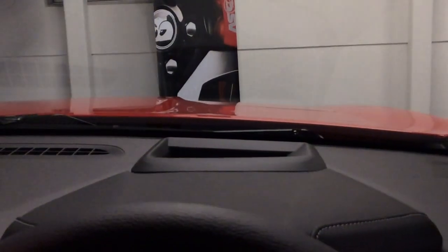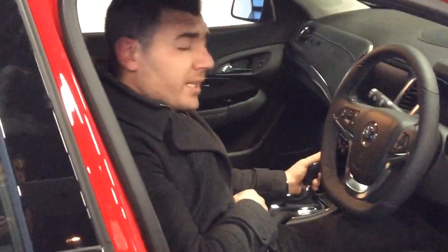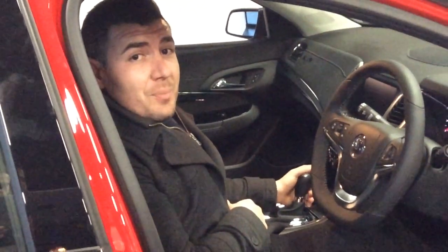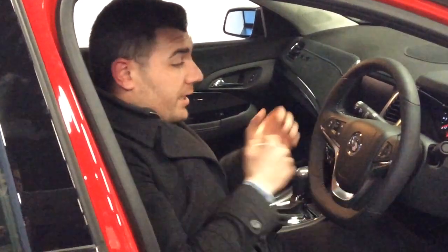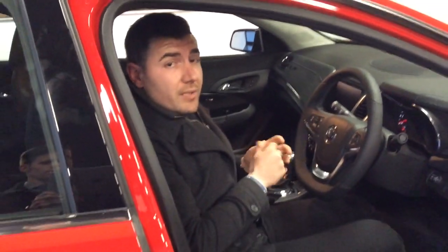With these particular vehicles themselves, obviously you've got more center gauges in the center here as well. Automatic 6-speed auto transmission, finally. They got rid of the old 4-speed, which is always a bonus. And now with these, the 6-speed is a little bit different. It does have a lot more grunt, and they've taken off a lot of the torque limiters in first and